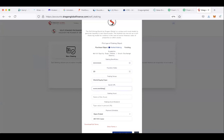Obviously, in this case, we know this very well, but just to make an example, this could be Deutsche Börse, it could be Frankfurt Stock Exchange, Düsseldorf, whatever. Staking asset, ICSI Gold. Now, I add, it should actually say euros here. I add how much of the counter stakings for other people who stake in my project will I pay people? Well, I say I will pay them 50%. And this is up to you. If it's low, it will be less attractive for people to join. If it's more, obviously it becomes more. So I say that I will give away half the